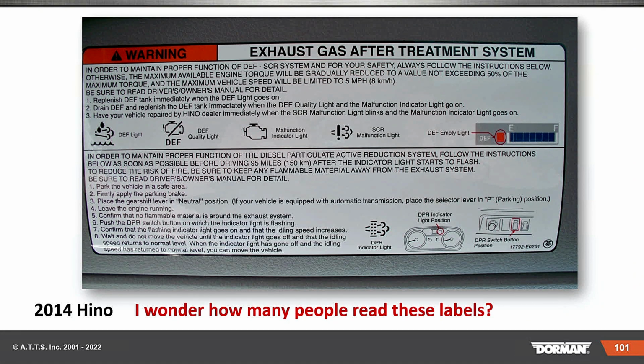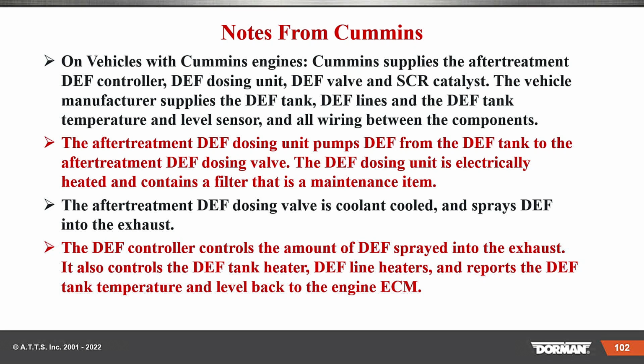And of course, all these trucks have some kind of label. I'm trying to be funny. I wonder how many people read these labels. Right? Notes from Cummins, just so you know, vehicles with Cummins engines. Cummins supplies the after treatment DEF controller, DEF dosing unit, DEF valve, and SCR catalyst. Vehicle manufacturers supplies the DEF tank, DEF lines,